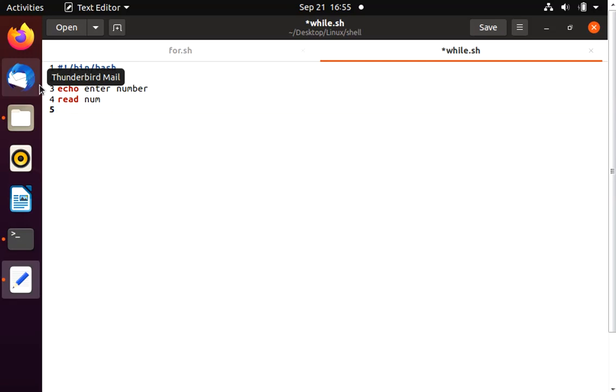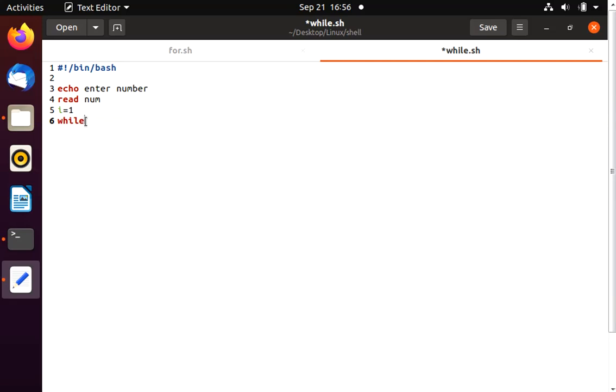We need an iterator also, for the condition. So I will initialize I with the value 1, and we will use this variable I in the while loop, and we will increment this I till 10. From 1 to 10 we will increment the I value, and we will multiply this I value with the num variable to print the multiplication table.